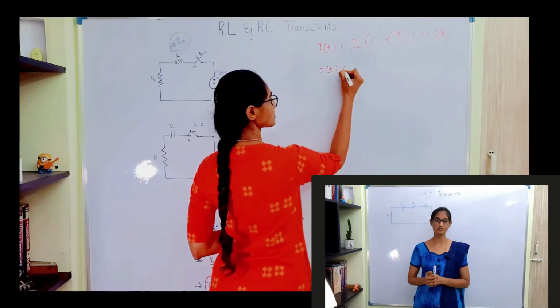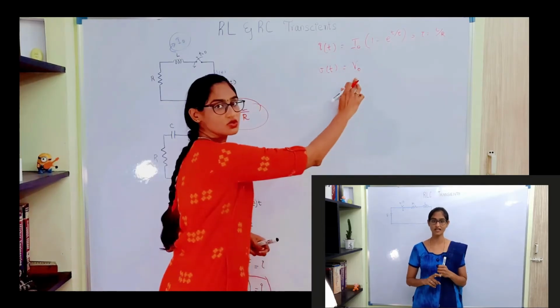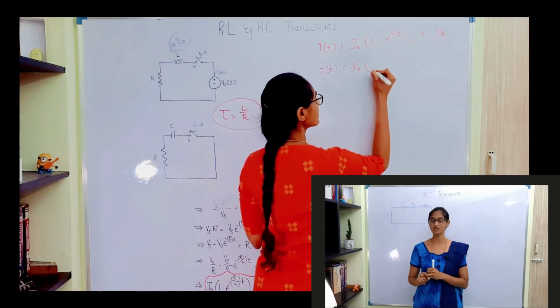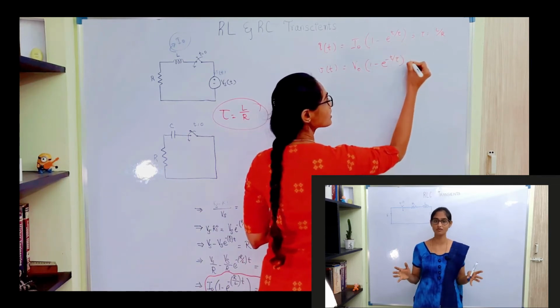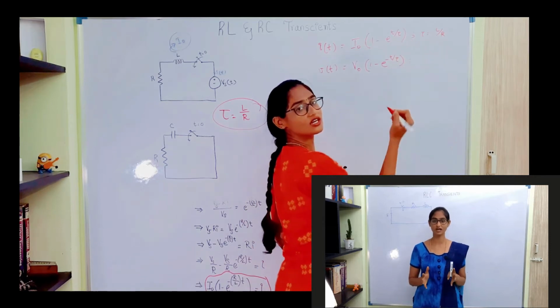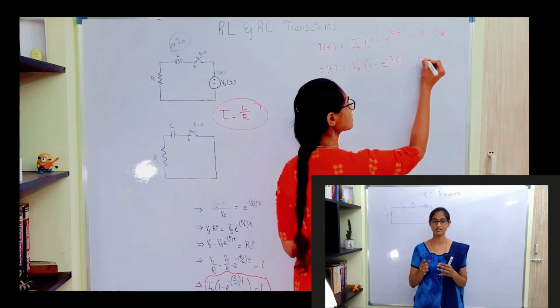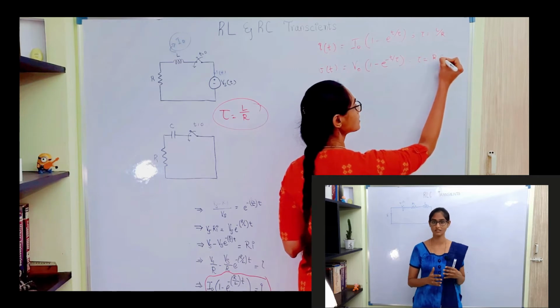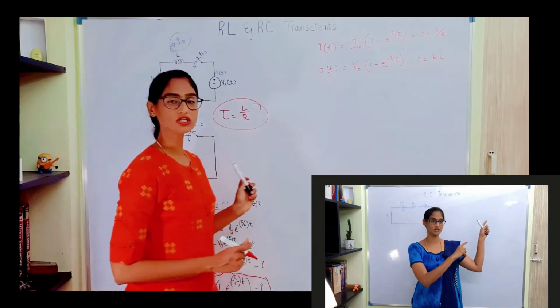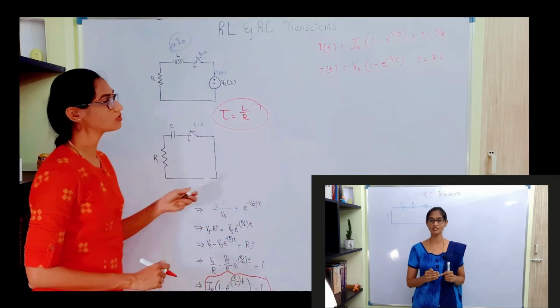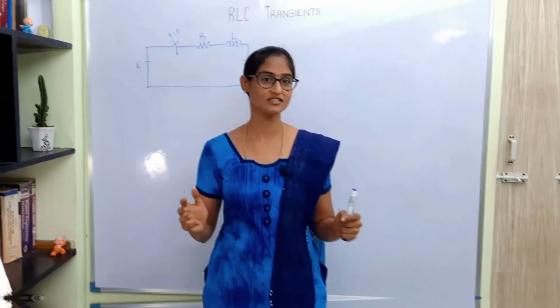In the previous videos, we saw the topic of RL and RC transients. We solved some circuits, some tricky problems and some easy problems, and I hope by this time you have a fairly better idea about the working of an inductor, a capacitor and their transient behavior. If not, you can check out this playlist. After watching all these videos, you can come back here. Let's get started.